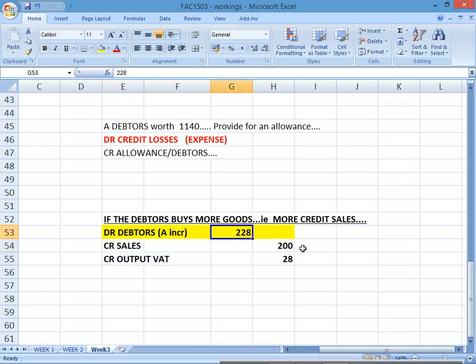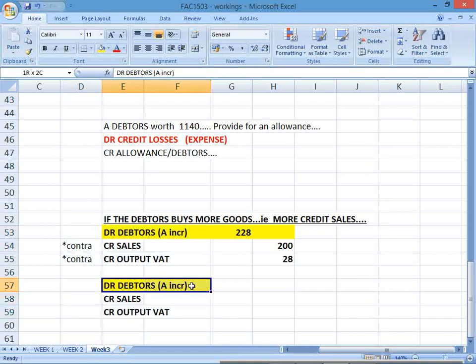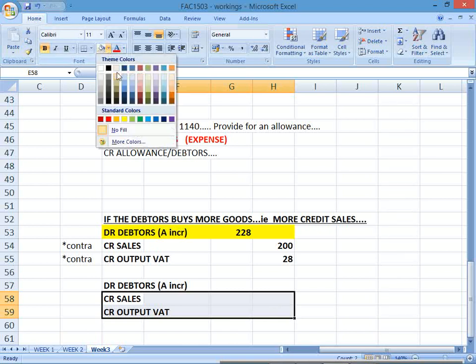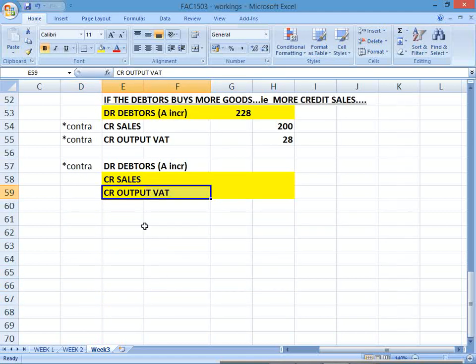What do you call this? You call this the contra account. These are contra accounts. Contra accounts for what? For debtors. I could have written it this way around, and then I would have highlighted the opposite, like that. Then I could have said, well, debtors is the contra account for the sales and the output VAT. It's the same thing. If you had to draw little T accounts up,